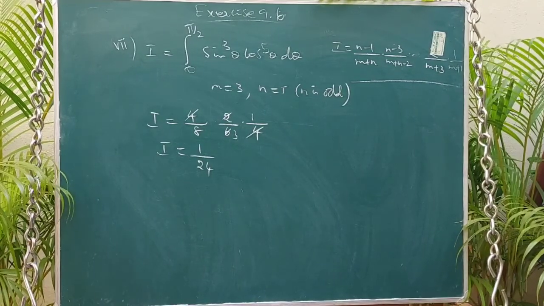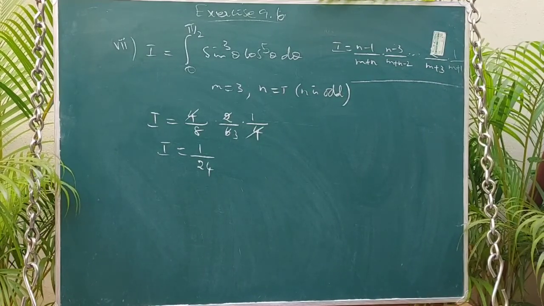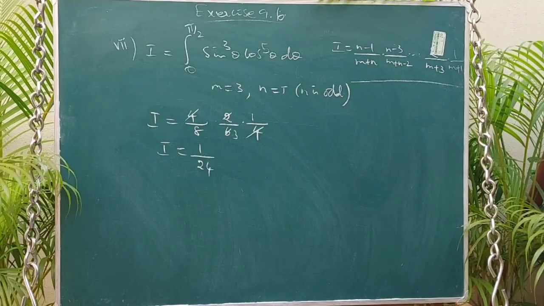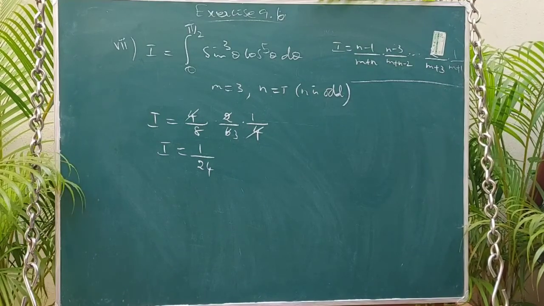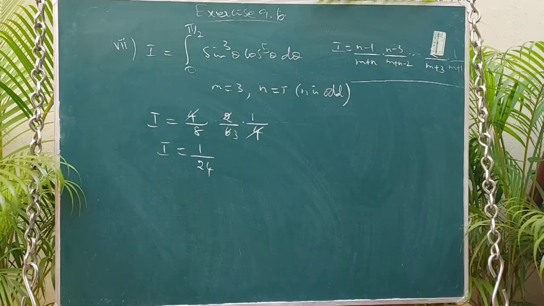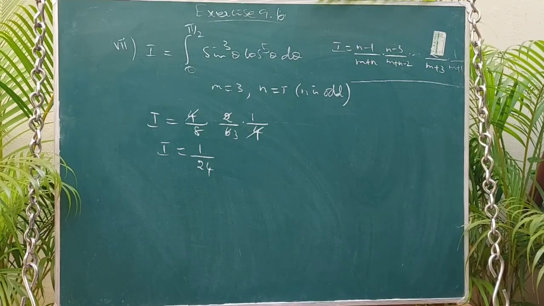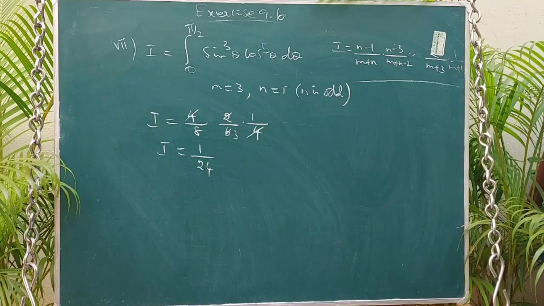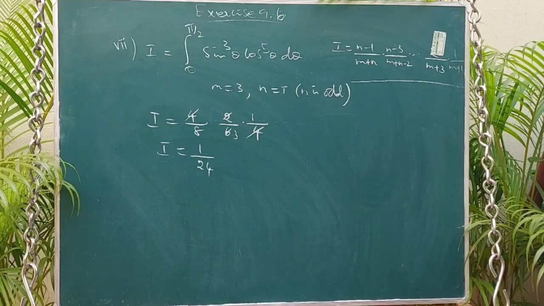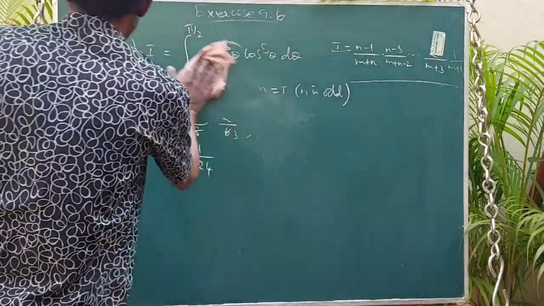So subdivision 8, already told you, if it is of the form integral 0 to 1 x power m into 1 minus x whole power n dx, it is nothing but m factorial by n factorial into m plus n plus 1 factorial. So we are going to apply that formula. Okay, so listen, subdivision 8.